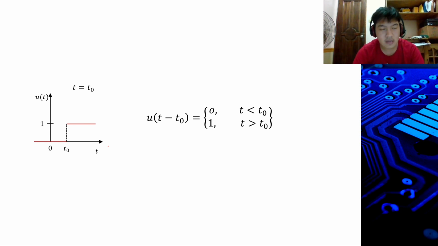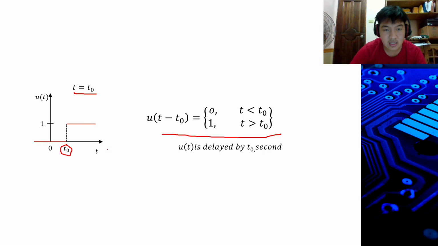Next, the step function can also start at a value other than 0. So, we can let t equal t naught. Step function of t, or u of t minus t naught, is equal to 0 when t is less than t naught. The step function is delayed by t naught seconds. So, here is where our